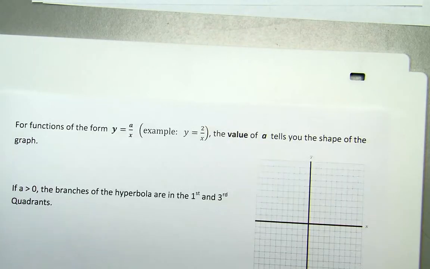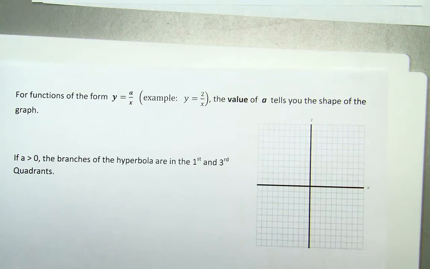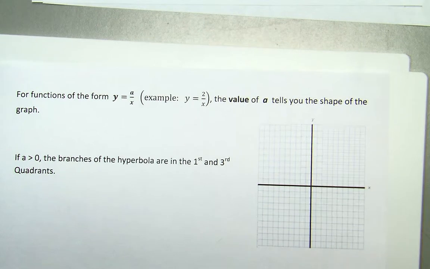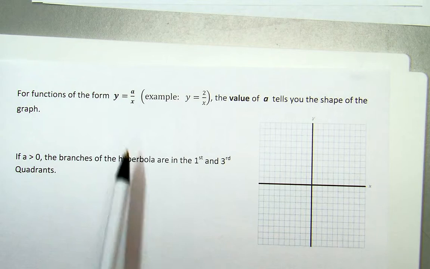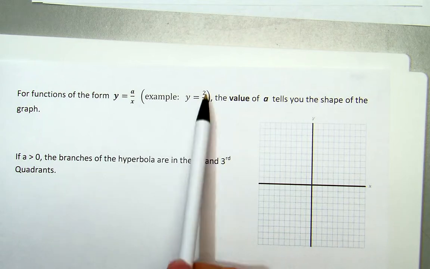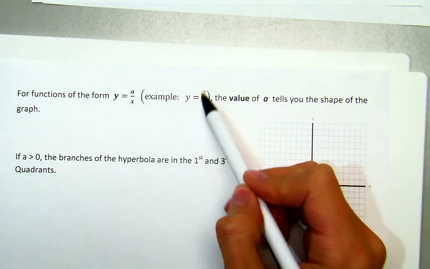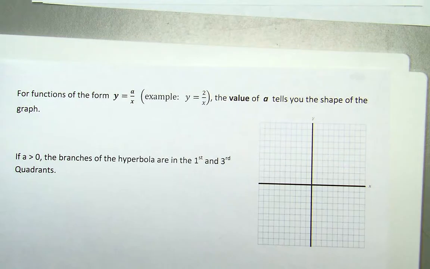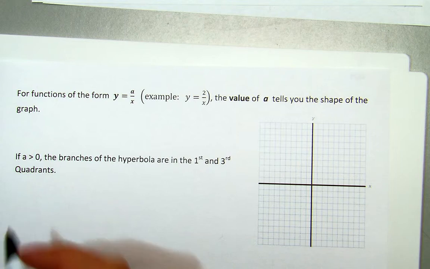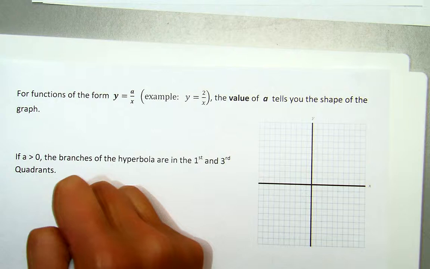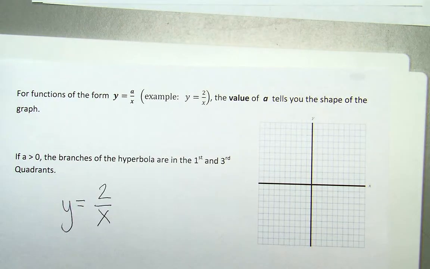a couple key pieces of information that may be worth noting. For functions of the form y equals a over x, with a being any number that we choose, an example is y equals 2 over x. This is very close to our parent function other than the fact that 1 is not up top, so we can have another value other than 1 up top. So the value of a tells you the shape of your graph. If a is greater than 0, so we're going to go along with y equals 2 over x, it's positive here, the branches of your hyperbola will always be in your first